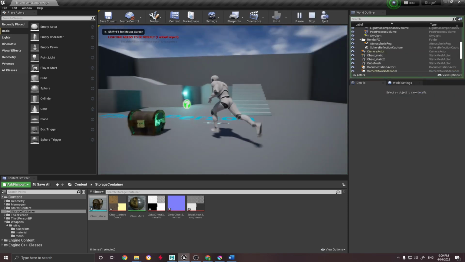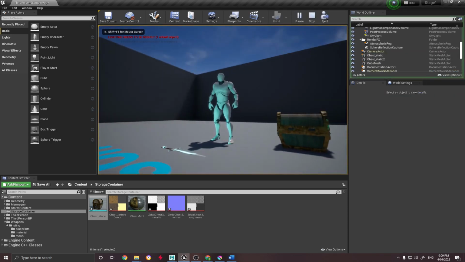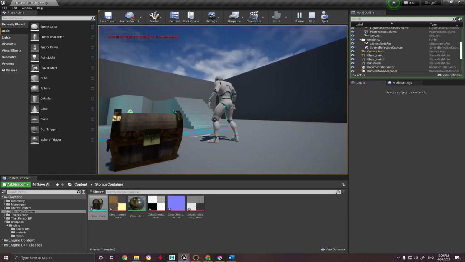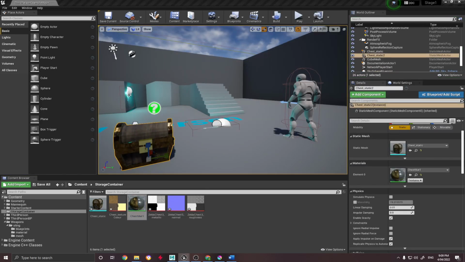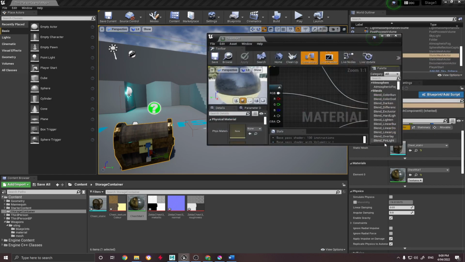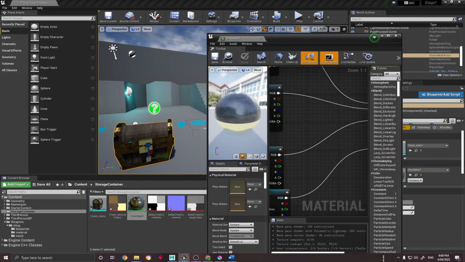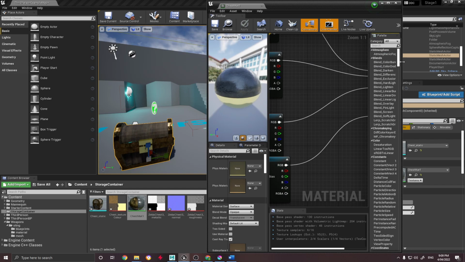And then I can go into the level and have a look at it. So as you can see, the light is reflecting off of there. If I wanted to change any of those values, if I looked at those values and thought, oh, they're actually a bit high, that's looking a little bit too shiny, then a simple thing you can do